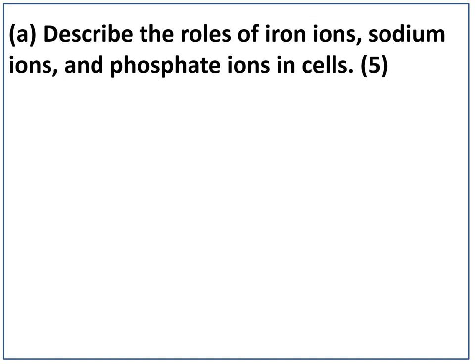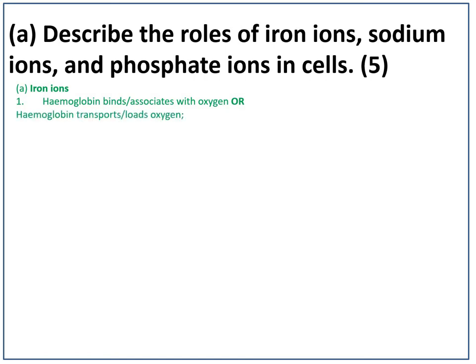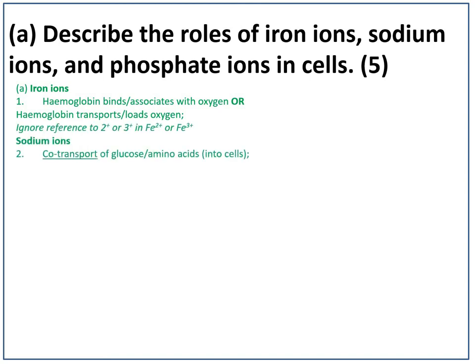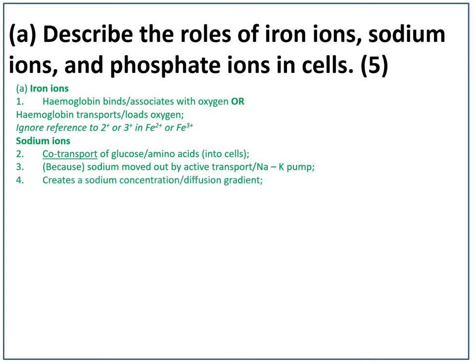Describe the roles of iron ions, sodium ions and phosphate ions in cells. Iron ions: hemoglobin binds or associates with oxygen, or hemoglobin transports or loads oxygen. Sodium ions are involved with the co-transport of glucose or amino acids. The sodium moved out of the cell by active transport creates a sodium gradient or diffusion gradient, or affects the